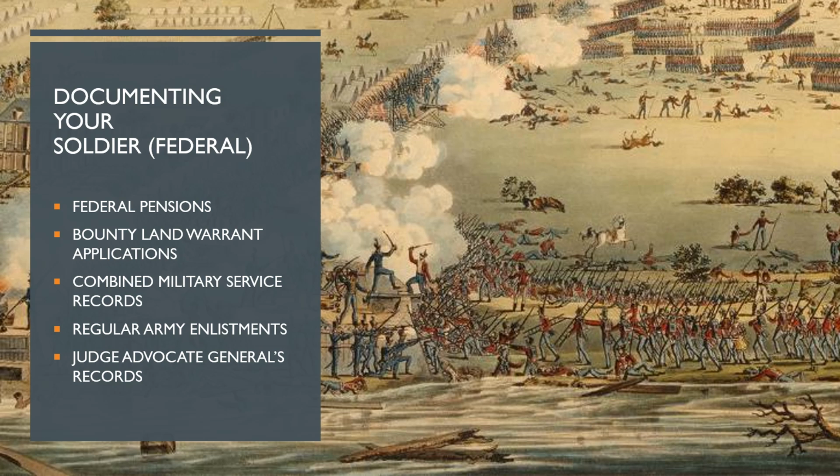If the soldier or a widow only applied for the bounty land, they are definitely in the separate series called Bounty Land Warrant Applications, or Unindexed Bounty Land. There are 6,000 boxes of these records at the National Archives, with 50 to 100 files per box. This covers more, however, than just the War of 1812, but also the Mexican War and the Indian Wars prior to the Civil War. There's a digital index being created to these files, and it's available in the search room at the National Archives, but it's not complete.